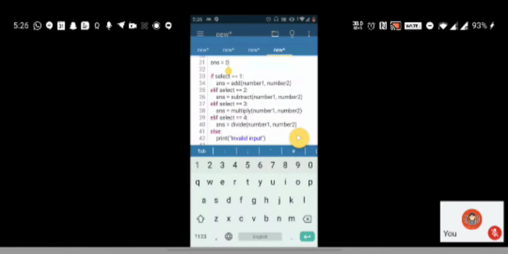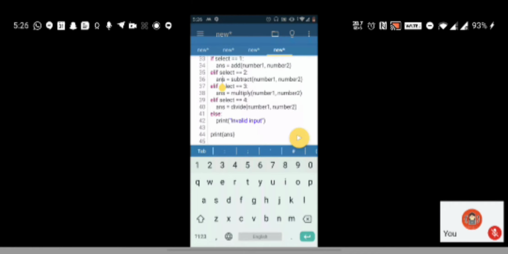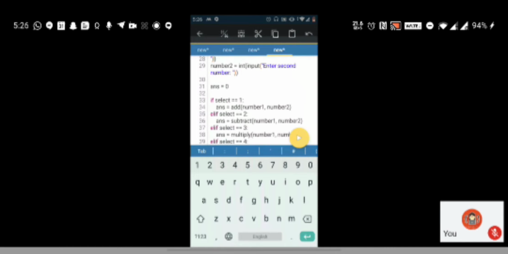If 1 was selected, then the addition result would have been assigned. If 2 was selected, then the subtraction result. But if it's invalid, even in that case print ans will get printed. So I just wanted to give some output like invalid output. That's why I gave it as -1.